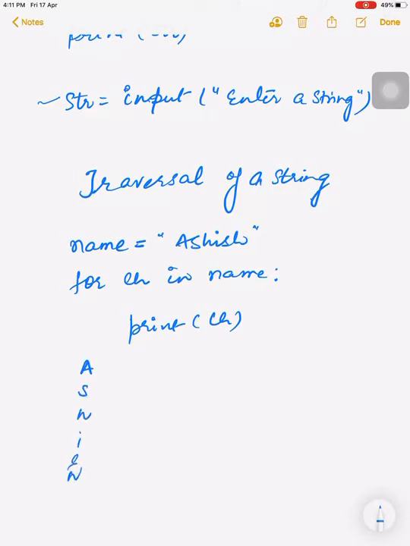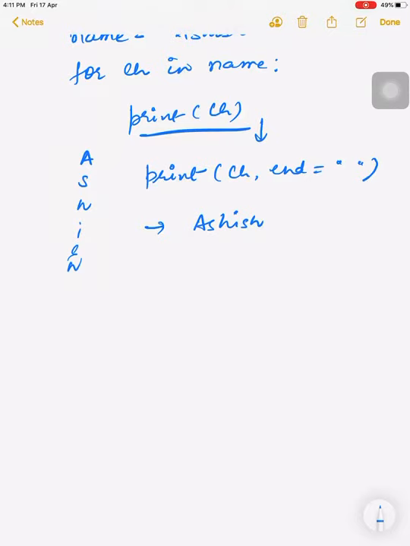The output will be in vertical form. But if we want the output horizontally, as we stored it, then we have to write print with end. You remember the end parameter. Now the output will be in the form in which we have written it. So we can traverse a string using a for loop, and we can also traverse a string simply by writing print and the string name. Both are ways to access a string. Hope you understand this.